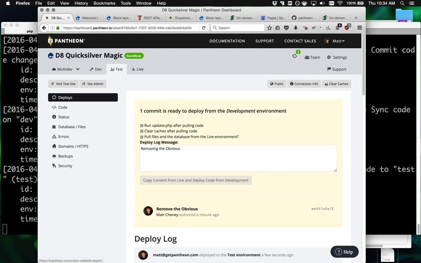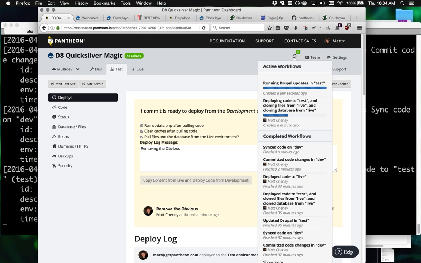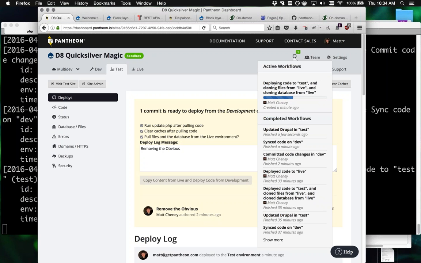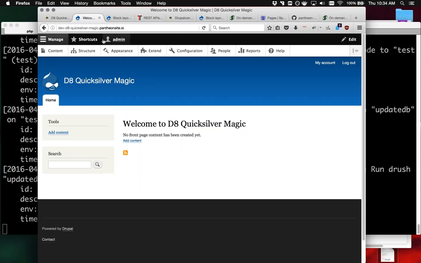But what Quicksilver does is let us expand it well beyond that, because once I have a test environment set up, I'm going to want to test it. There's going to be a little bit of manual testing as well, but the visual regression test is really good for this. It's designed to compare and contrast two different images of the site. So it's going to look at the live version of this site,